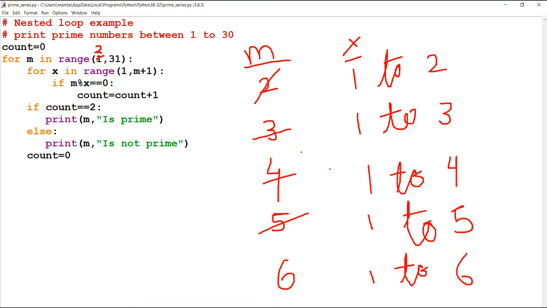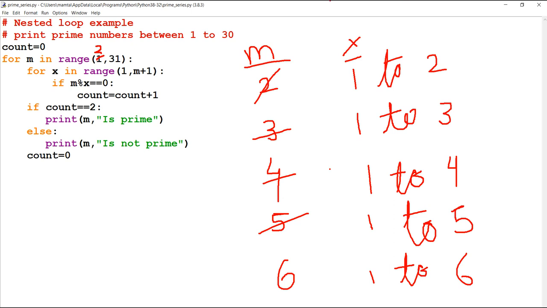So for that, in the series of prime numbers, we are going to check prime numbers between 2 to 30. Is m in range 2 to 31? Why am I not putting 1? Because 1 is neither prime nor composite, so we can give a special message for 1.